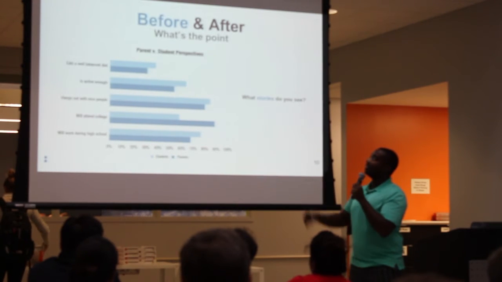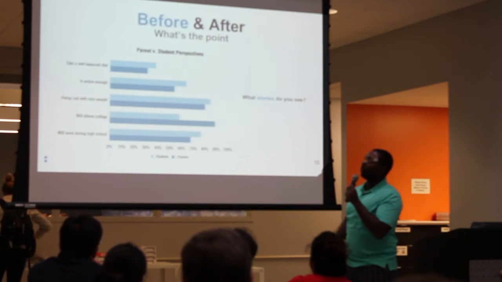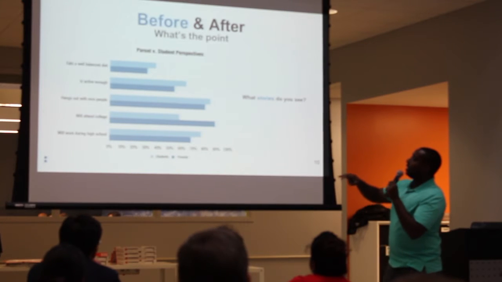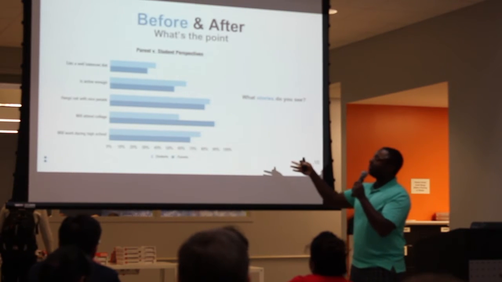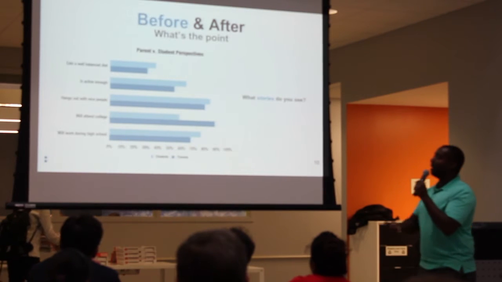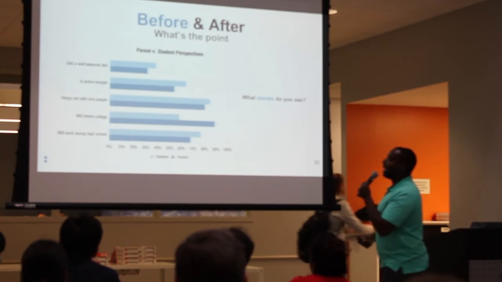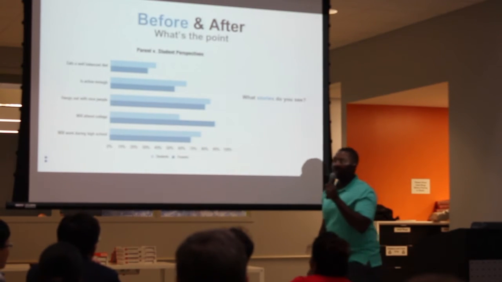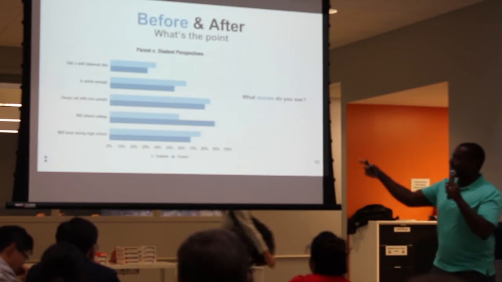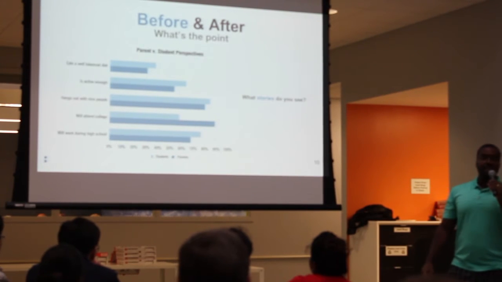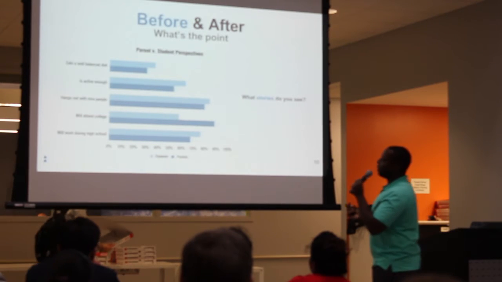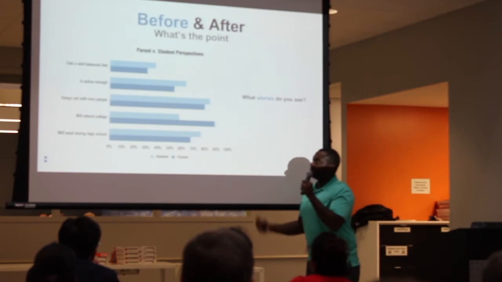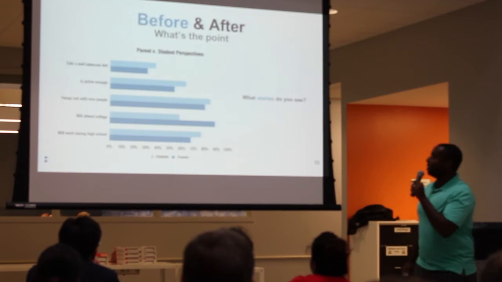So this is the before. Here you can see lots of different information. This is parents versus students. And you can see that in general, mostly the students care more about eating a well-balanced diet and being active, except they don't really care as much about attending college. But when you first look at that visualization, it's kind of hard to figure out that that's what the point is, right? You can figure out other things. Maybe you focused on just the overall difference, that parents just don't really care as much.